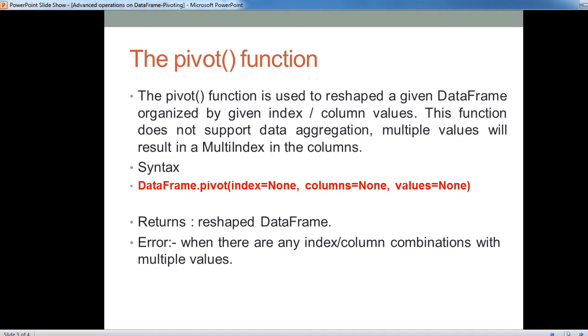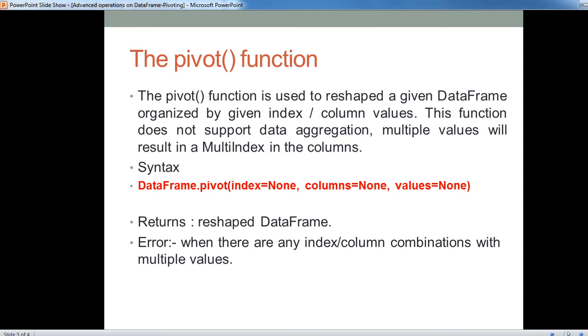In column parameter or argument we will give the name of that column whose values will become columns, and in values argument we will give the name of that column which values are to be spread across the data frame created as per specified index or columns.